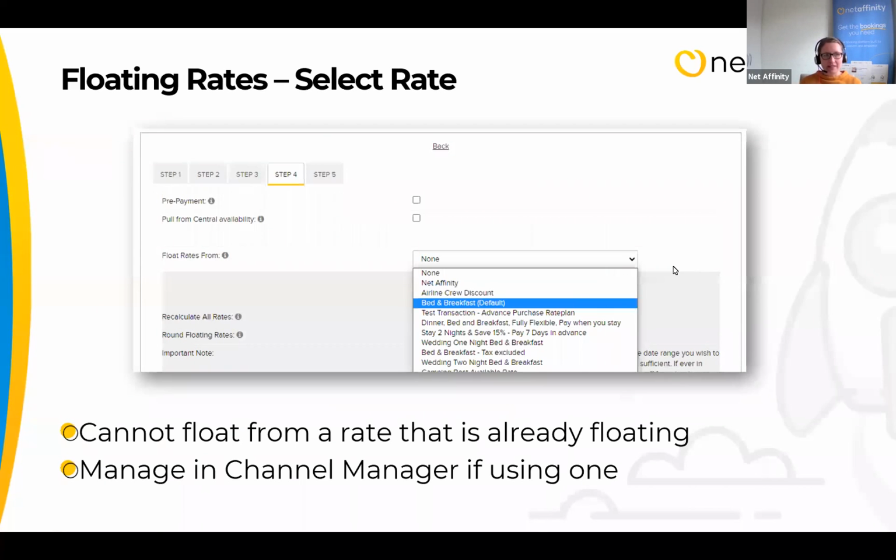Next is floating rates. So floating rates, again, if you have a channel manager, we recommend you manage it in there. The reason is that you're managing all your rules in one place, like your central availability, your minimum length of stays, your closeouts, etc. So you have it in one place. It's easy for you to manage, and you're not having to remember what's between the two systems. And then you're ensuring that they're all feeding through to your other channels correctly as well, and maybe possibly